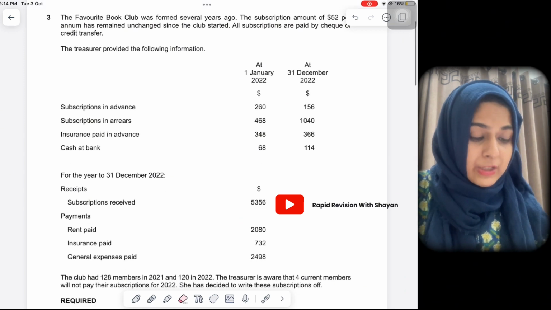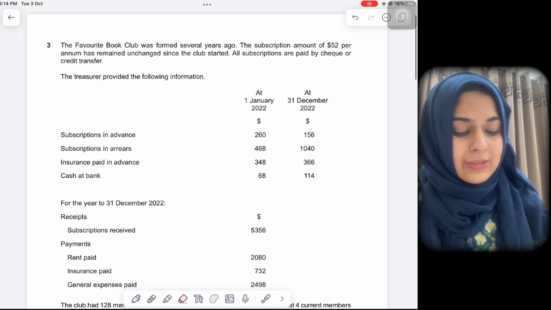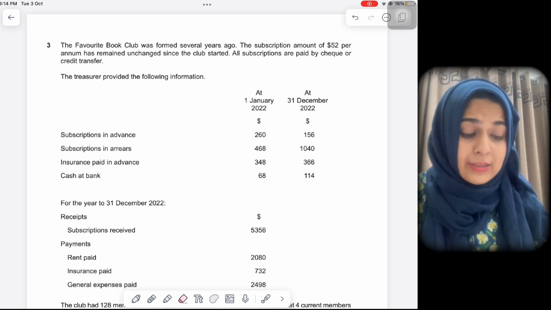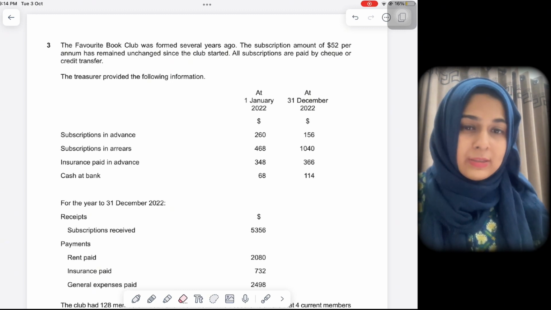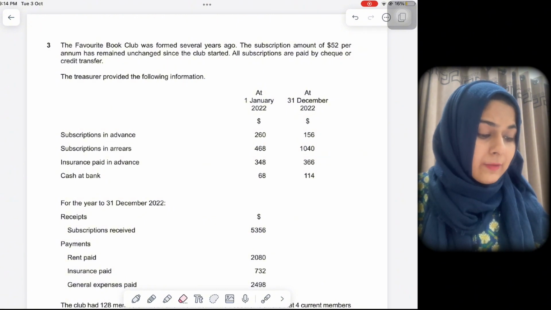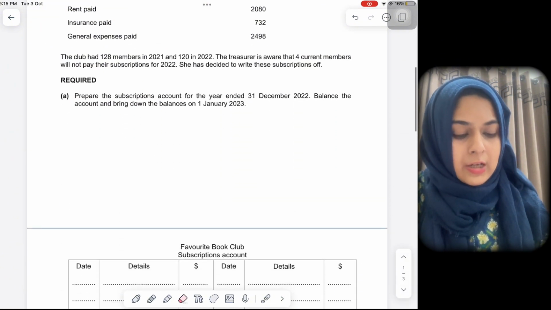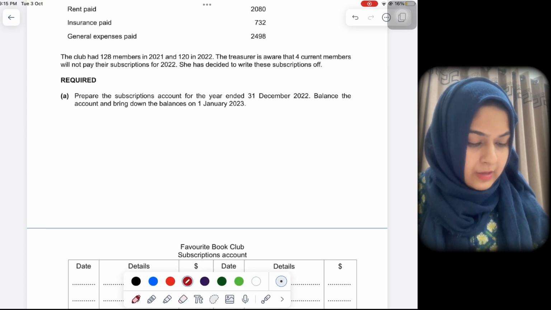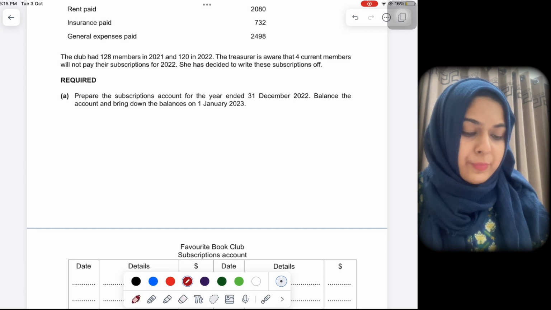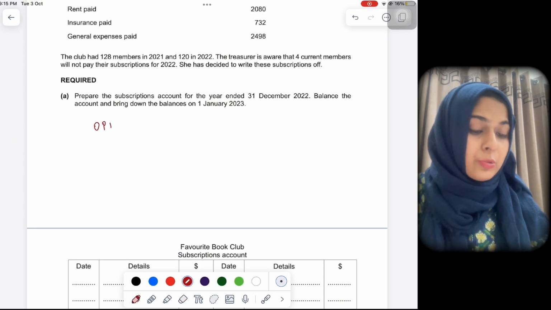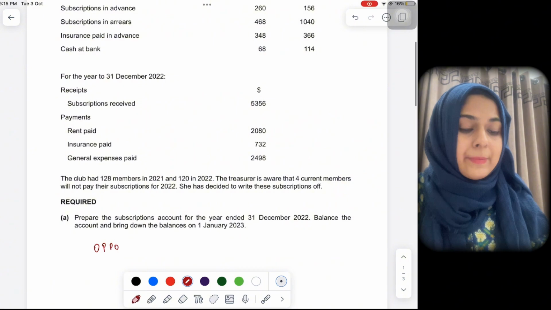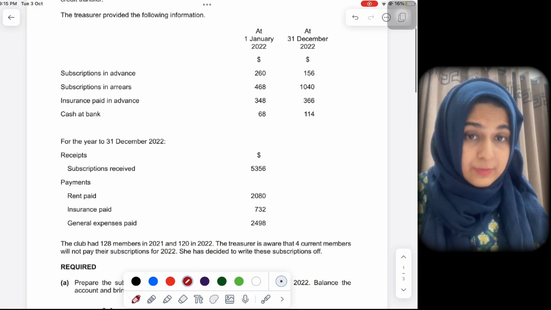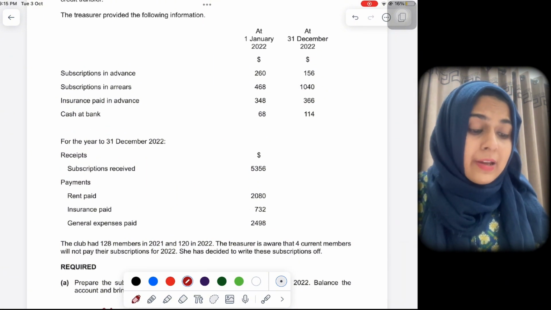If you look at the information here, one thing very important, subscription account is an income account. The rule for income, I always tell this to my students, is called OPPO. Basically it's owing, prepaid, prepaid, owing. I'll do it in a bit as well, but subscription in advance means subscription prepaid, subscription in arrears means subscription owing,